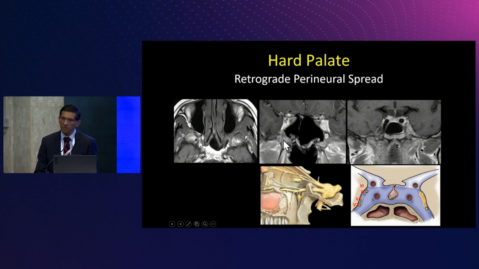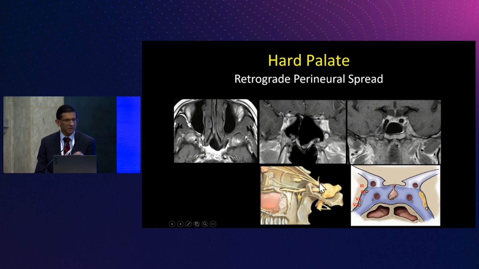So that's the normal perineural plexus that's surrounding the nerve. And on the left-hand side, we can see that tumor is enhancing. And for extra credit, because this is my last slide, so I can say that, does anybody see another nerve that's enhancing right here? Anybody see this compared to that? So this is actually tumor growing along Vidian's nerve as well.